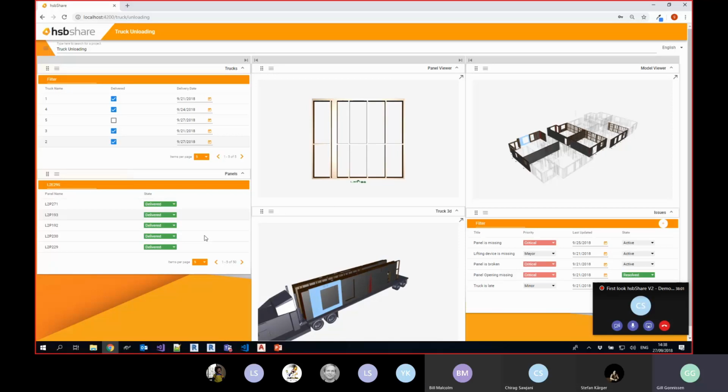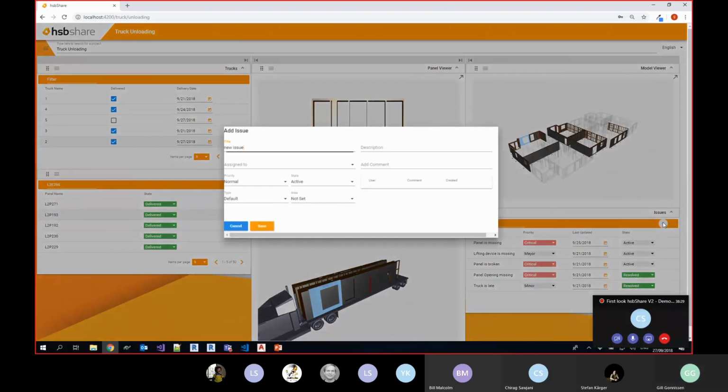And then one of the main important things inside the whole hsbShare structure, sorry, is the widget for issues and issues tracking. Right now, we can see that there are already some issues on this truck delivery and truck unloading dashboard. But we can also, for example, if you select this panel, we can add an issue to it and actually say,